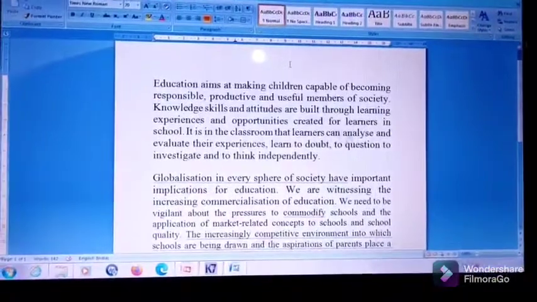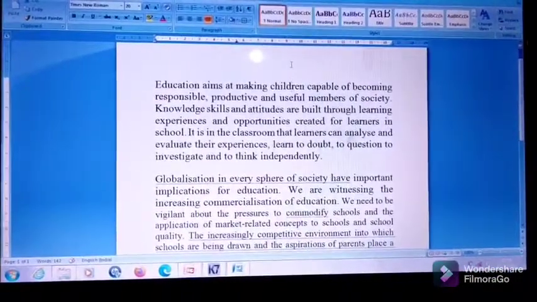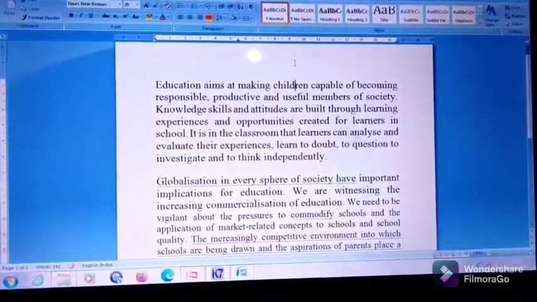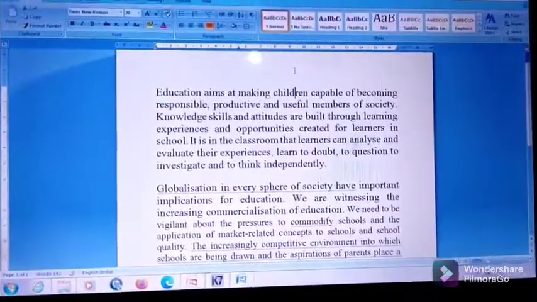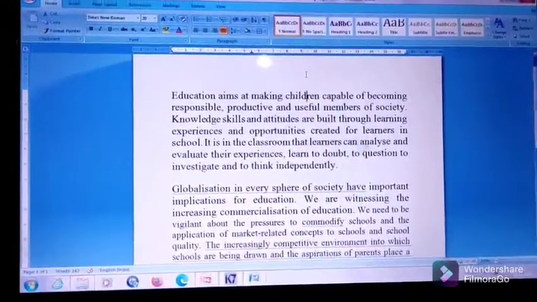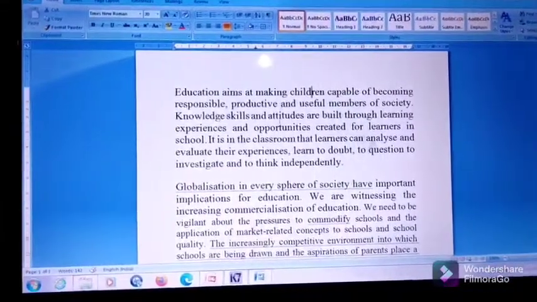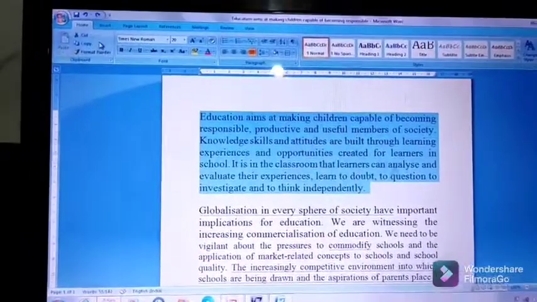Now next is adding a border. So you can add a border to the text in your document to draw attention towards important information. For example, you can add a border to a paragraph to bring attention to the text. So now the simple steps are: click anywhere in the text or select the text to which you want to add border. So I want to select this first paragraph. Now it's selected. Then click on Home tab.